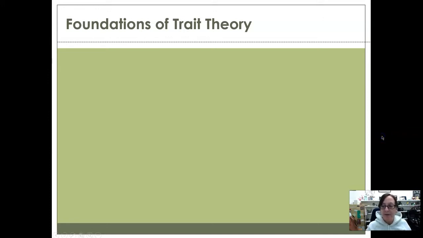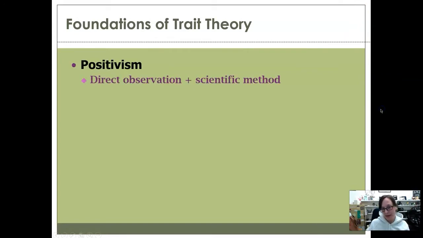So the foundations of trait theories, basically we're going to talk a little bit about the history of how trait theory developed. And so trait theories are anything that has a biological or psychological basis, and so it's something about the individual, so it's an individual trait. The foundations of this are inherently in positivism, although positivism does cover a range of different types of theories,